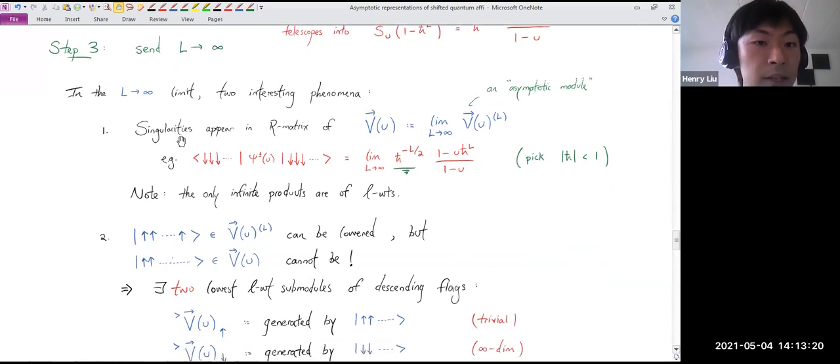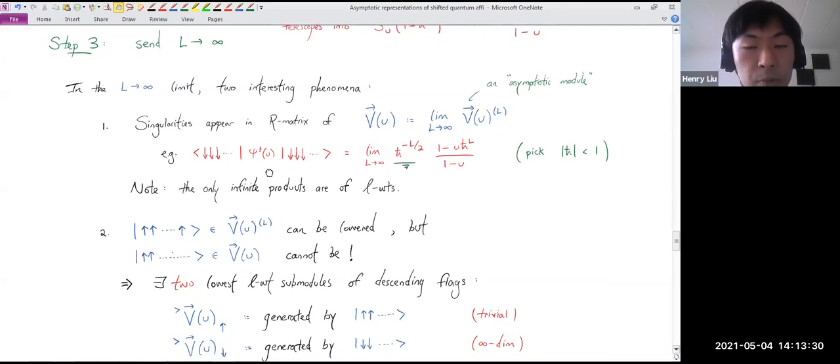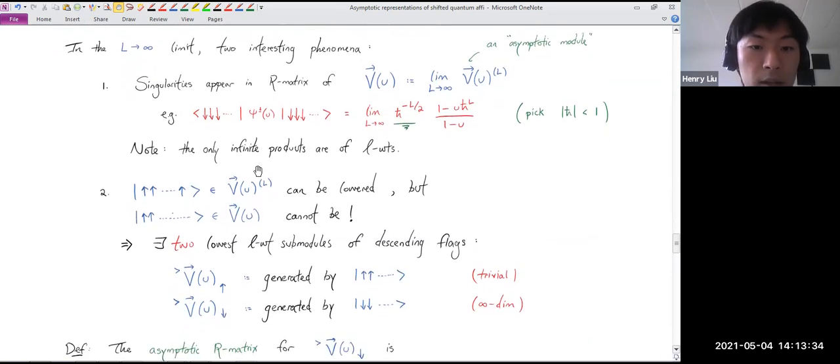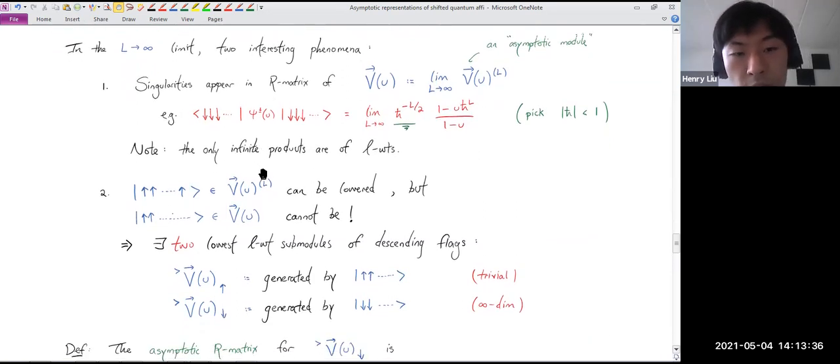And these singularities are what will cause the shift, which I mentioned earlier, and we will see this in one second. So that's the first observation. The second observation is a kind of combinatorial observation, which is that in the finite L case,